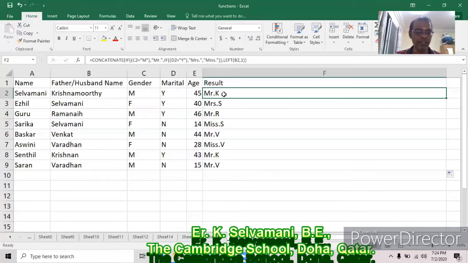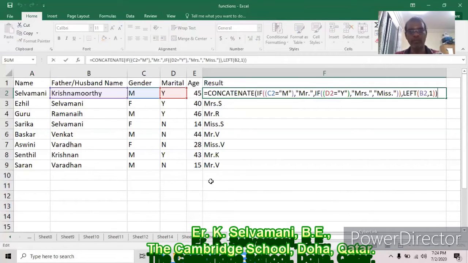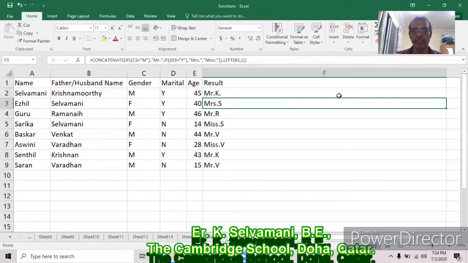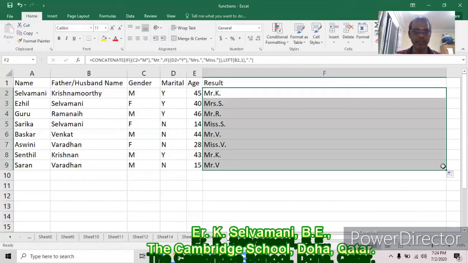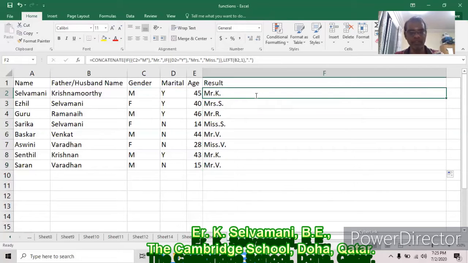After that, I need one full stop and then the student name. Very simple. Now onwards, put a comma here. Within double quotes, put one dot. So Mr. K dot, the initial comes, K dot. So after that, I need A2, Selvamani, the name edit. That's also very simple.